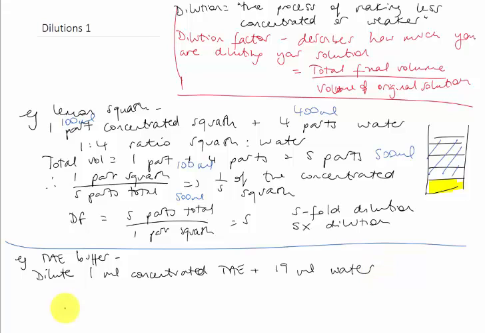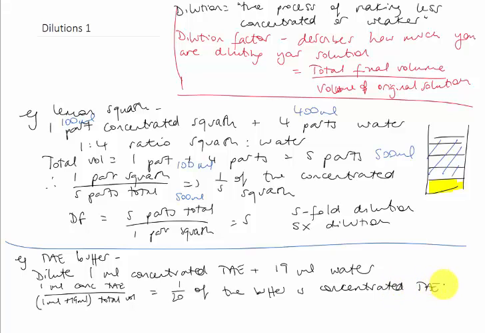So that means that for every 1 mil of concentrated TAE, we've got 1 mil plus 19 mils total volume. Because remember, our concentrate here has to be counted in the total volume, so that's 1 out of 20. So 1/20th of the buffer is concentrated TAE,